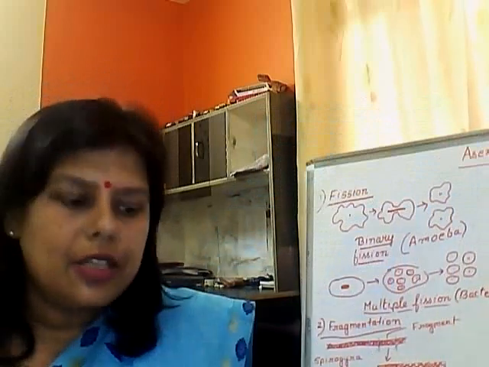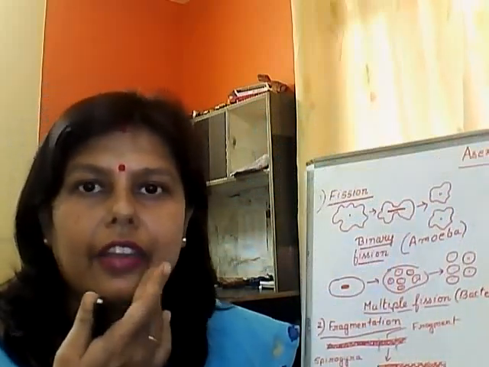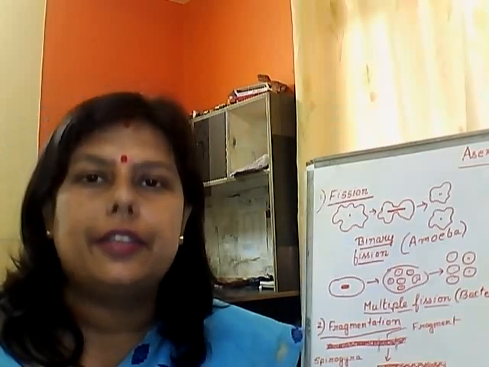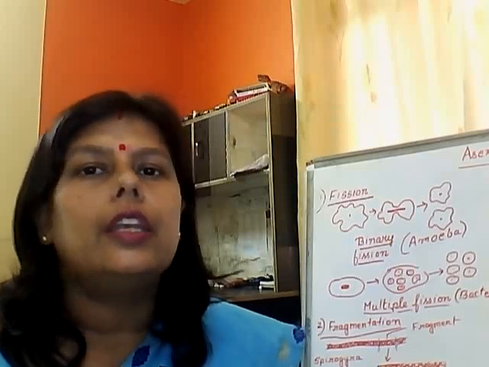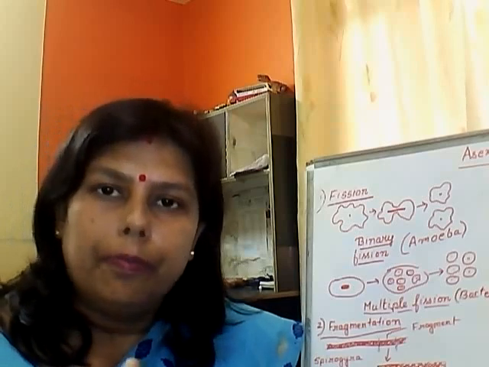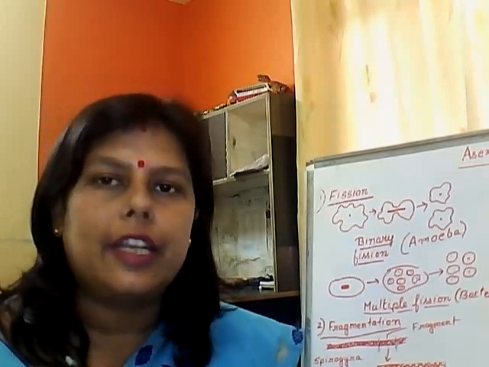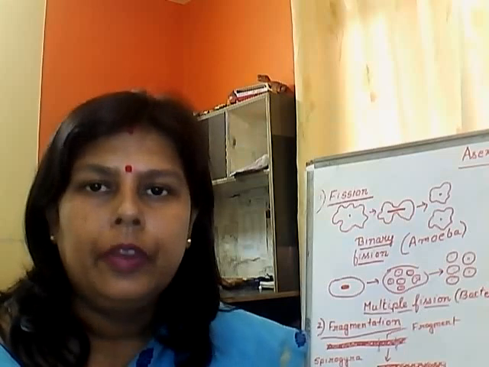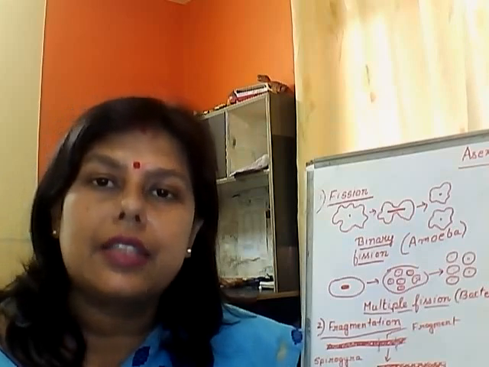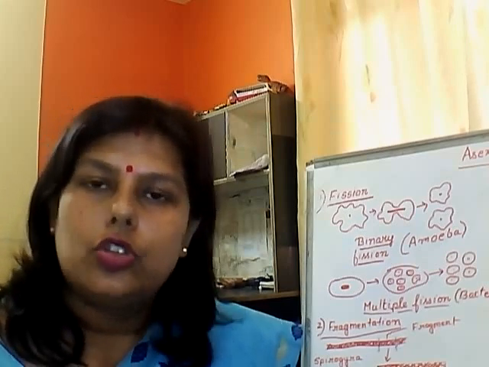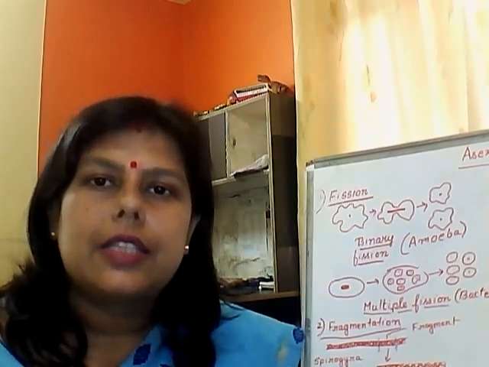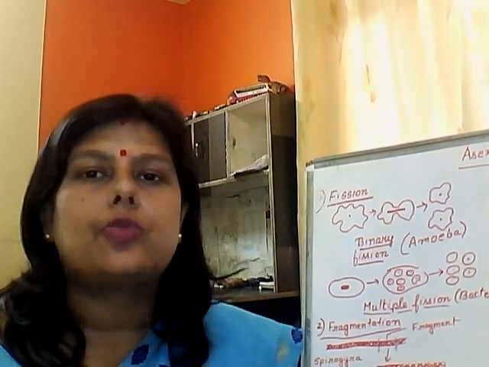Besides this, the second character which is common is the variation. Now variation means difference, or you can say that no two individuals are alike. Many changes take place. But the question arises, what takes place in asexual reproduction? In asexual reproduction, a single individual multiplies. So usually their offsprings are identical, but although identical, sometimes some changes take place